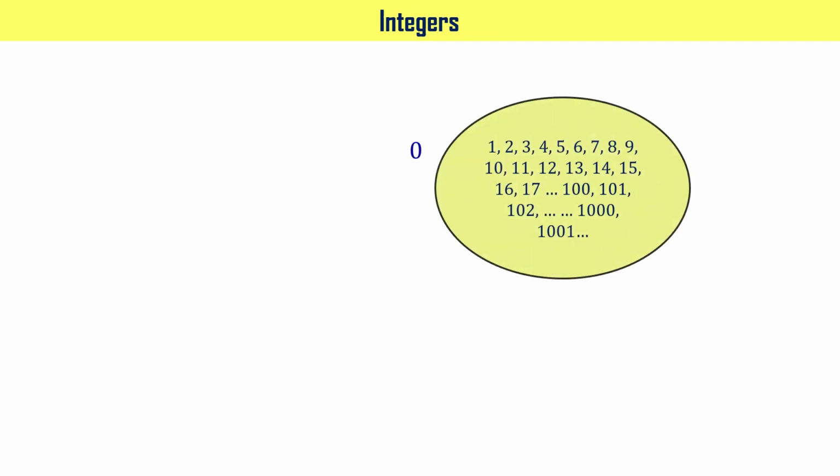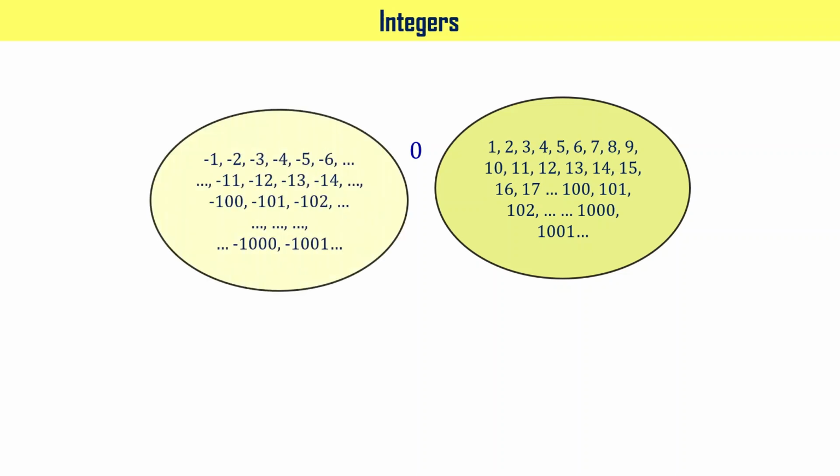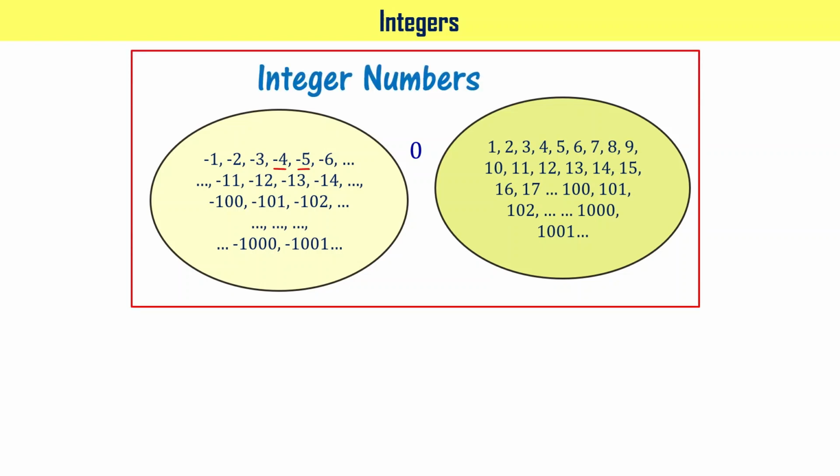You see here, what I have shown is whole numbers, right? We have 0 and we have all natural numbers 1, 2, 3, 4, and so on. Now, let me add negative numbers here to the list: -1, -2, -3, -4, -5, and so on. This whole collection of numbers is called integer numbers. It means integers have 0, all positive numbers 1, 2, 3, 4, 5, and so on, and integers also have negative numbers like -1, -2, -3, -4, -5, and so on, right?